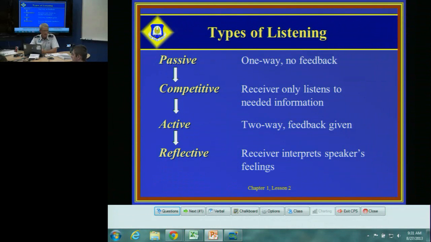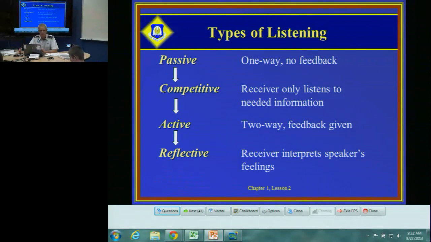What about active listening on page 18? What is that? When you're having a conversation with someone. So it's a two-way conversation. Somebody gives you feedback. Does anybody ever have a one-way conversation with their parents? My children love it when I say, we need to have a family meeting. No, Dad, we don't want to have a family meeting, because they think they're in trouble. But a two-way conversation is active listening as well as reflective, where the receiver